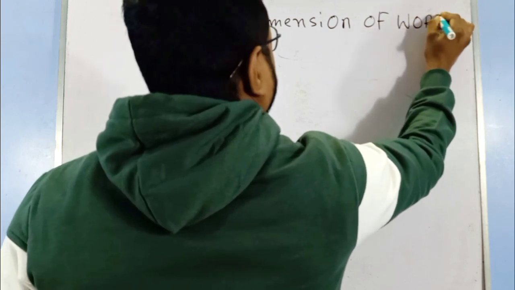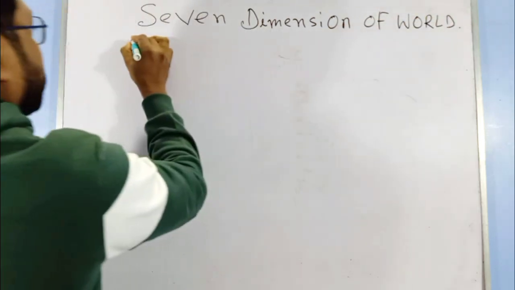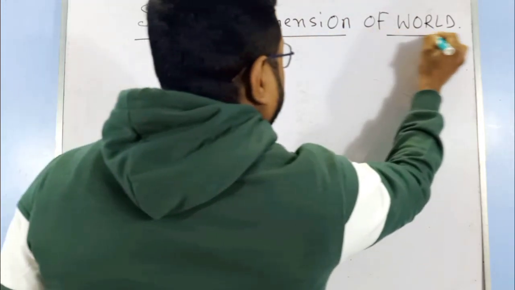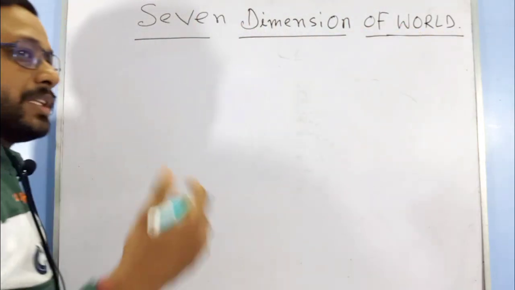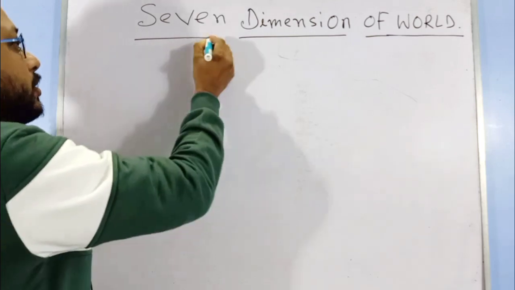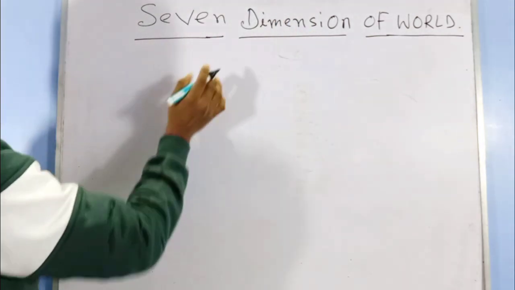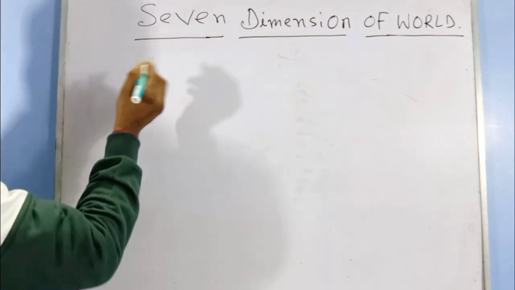We know about the 7 wonders of the world, Taj Mahal and many other things, but here we go with the 7 dimensions of the world. The physical quantity which is called the 7 dimensions of the world,